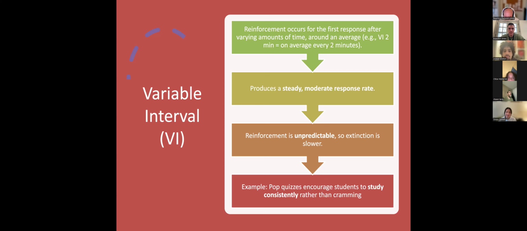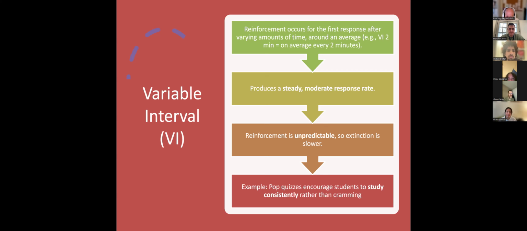So we see on that fixed interval schedule that scallop pattern, where we're not going to respond until the end of the interval. But if our teacher instead said, hey, your term paper is going to be due sometime next week, you're not sure exactly when, but it's going to be due at some time, that kind of schedule would likely get us to work on that paper more consistently rather than right at the end of the interval. So we can manipulate these simple schedules of reinforcement to really change the rate of behavior depending on what we want to work on. And the better you understand these schedules of reinforcement, the better you can help our VIPs.